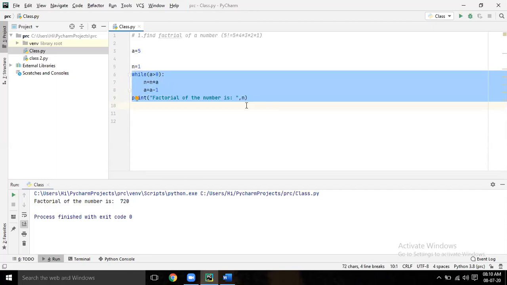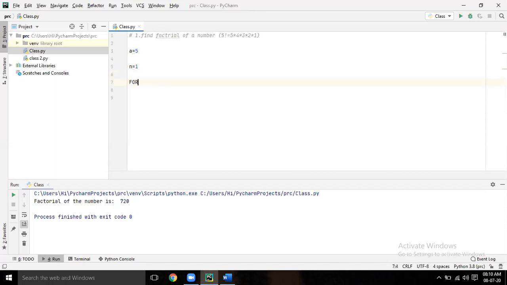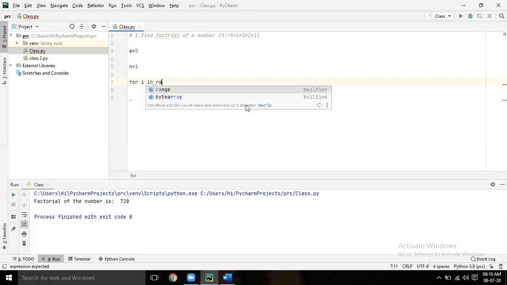Now, how to write a for loop? Delete. So for, small letters, I in range, range 1 comma a plus 1, within brackets, colon.